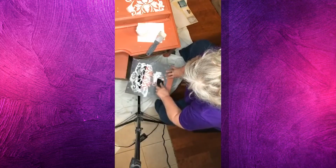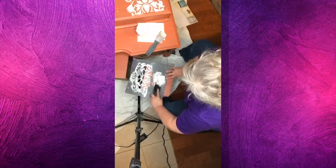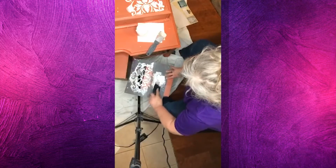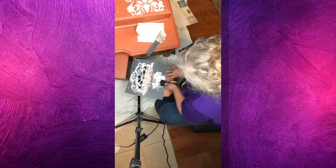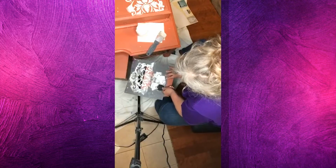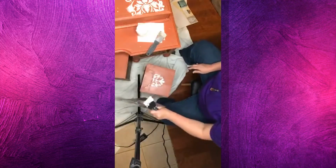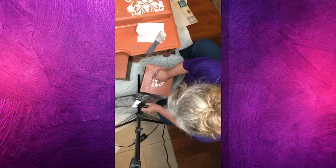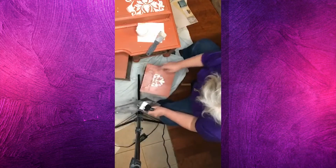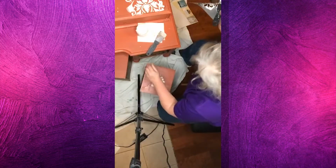And like I said, I'm not worried too much about it being perfect because it's going to be sanded down a little anyways. But I at least want to be partially careful there. Try to make sure it's decorative and not a total mess. Boom. So these little holes didn't do how I wanted them to. But I was pushing that down over that, and I think it's going to be fine because we're wanting it to look aged. So see how that's going to be decorative,